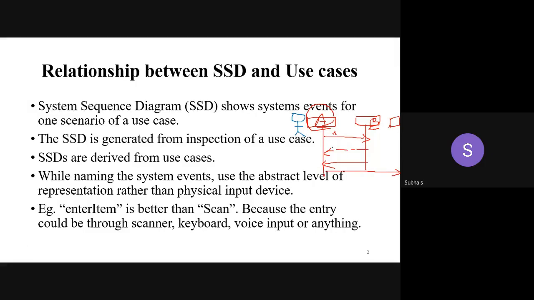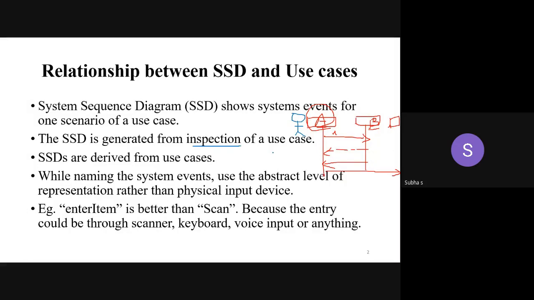We'll see the example; for quick understanding, I have given this example. How do we generate it? From the inspection of a use case. If I am very clear with the use case, what is a use case? An action that is done by an actor. Suppose a student is an actor: enter mail ID, qualify for the exam, write the exam.